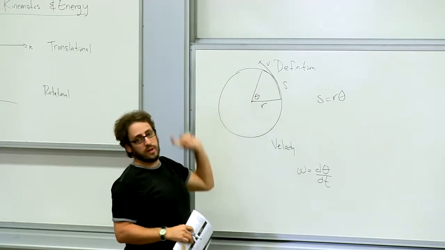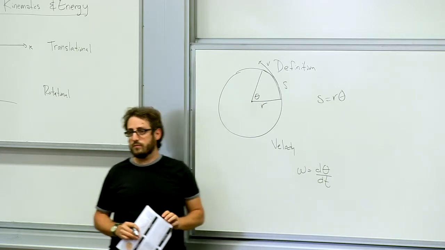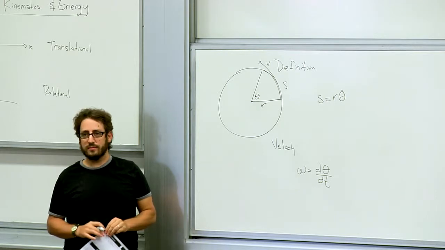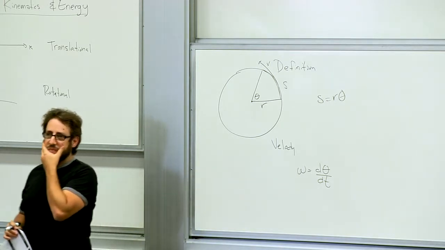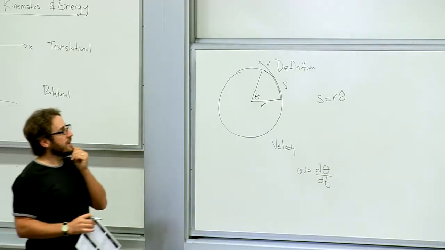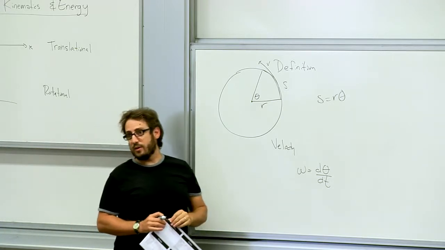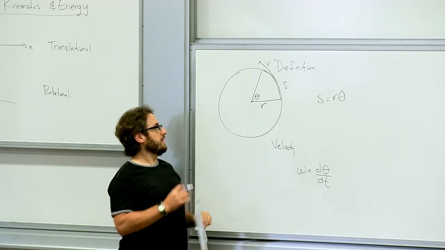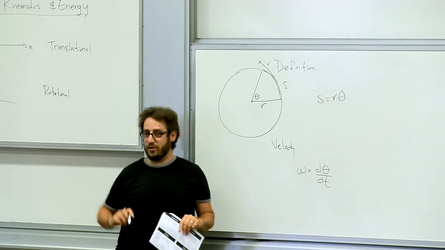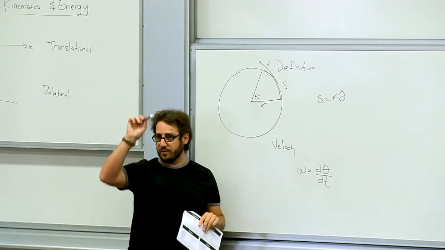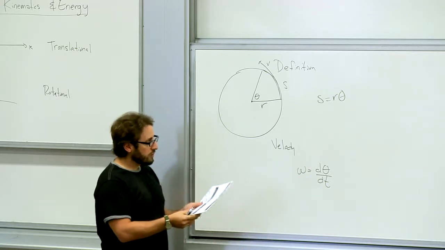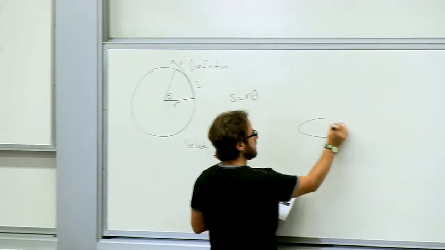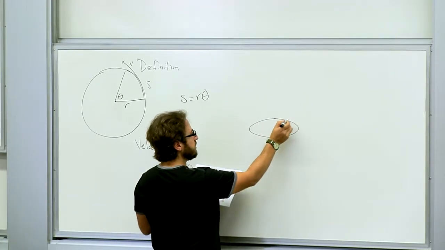But what about your angular velocity? What direction is your angular velocity pointing? Clockwise or counterclockwise, right? And so we need a way to represent that direction. And you can't have vectors which curve, because vectors are defined just by their endpoint and their starting point. So we choose a sort of arbitrary definition. Here I have to draw something in sort of 3D. If the motion is this direction,